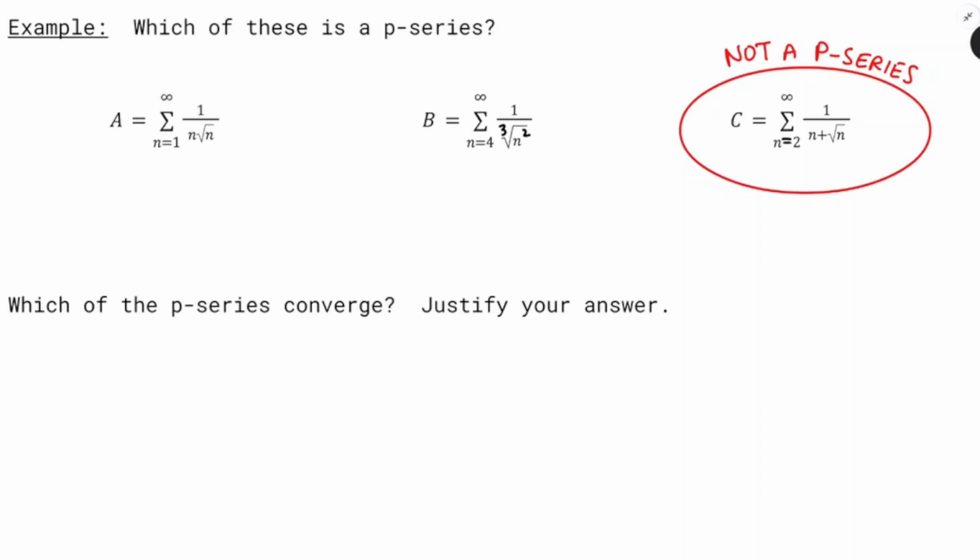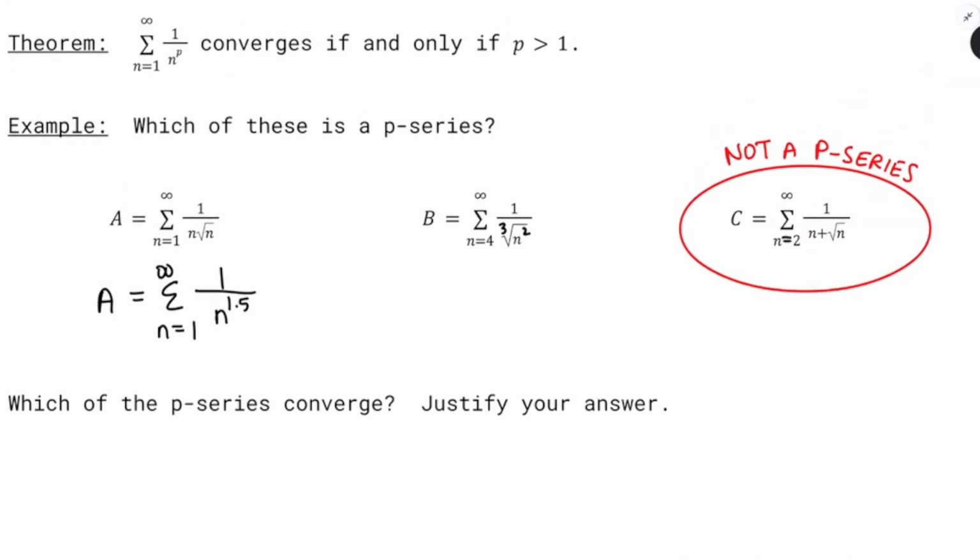We need to rewrite A and B as 1 over n to some number, so we can easily compare that to 1. All right, so 1 over n square root of n. n is 1 power, the square root's another half, so that'll be n to the 1½ or 3/2 power. You can write it however you like. Then we go back up here and, thinking about A, I'm going to say, all right, converges if and only if p is greater than 1, which in this case it is, it's 1.5. So I'm going to say A converges